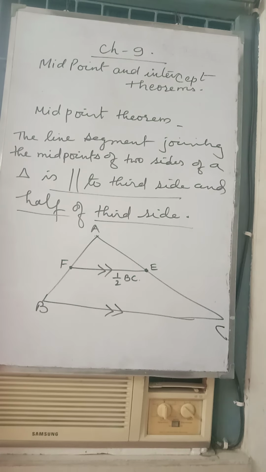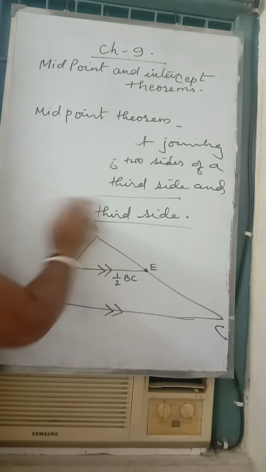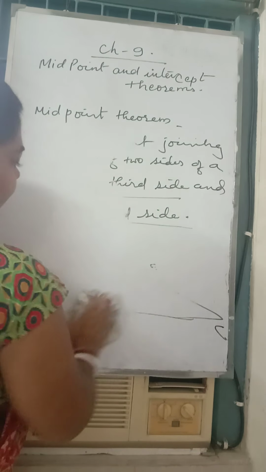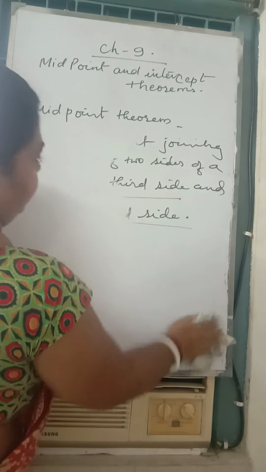Now we have converse of midpoint theorem. What does the converse say? This is the theorem, and the converse says the straight line drawn through the middle point of the side of a triangle is parallel to another side and bisects the third side. Now in the midpoint theorem here we had two midpoints, is it? But in converse, if we have only one midpoint,